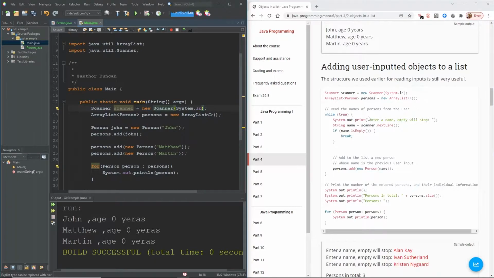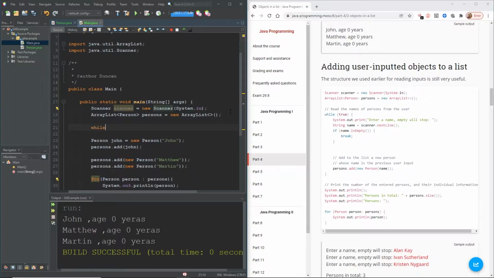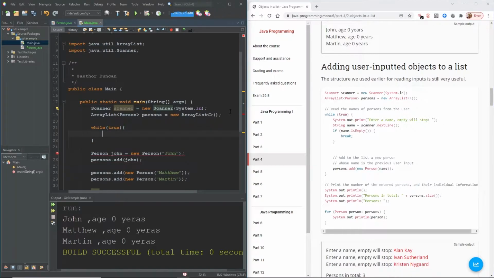So read the names of persons from the user. So enter a name, empty will stop. Okay, so we can add that in. So while true. And remember, although we haven't done it yet, you can update your GitHub with this. If this is another bit of code that you're tracking on your project, you can absolutely add commits for this project too. So while true, we're going to do an sout,